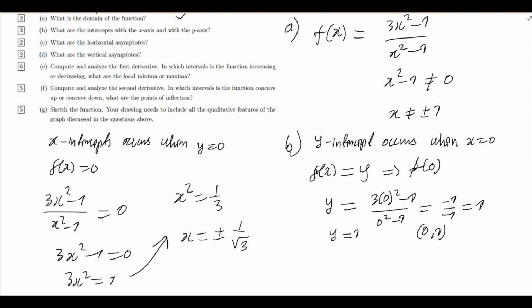So we're going to have two intercepts here. So we have (1 on root 3, 0), and another intercept at the point (negative 1 on root 3, 0). Our graph is going to pass through this point, and this other point. So option C